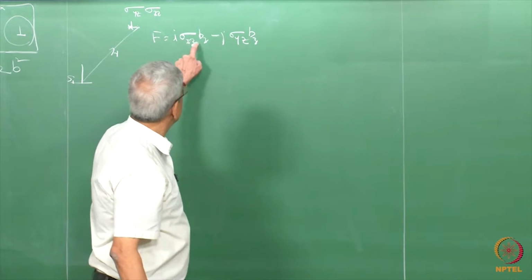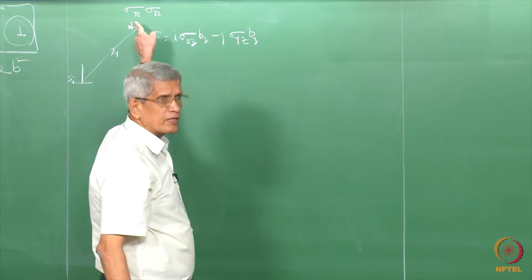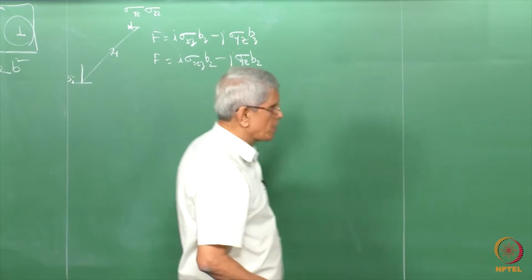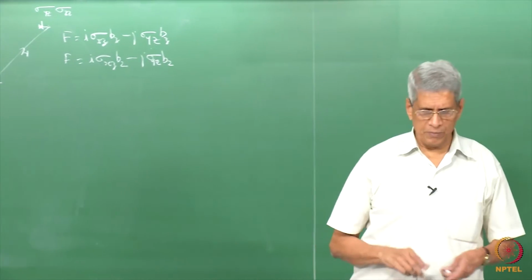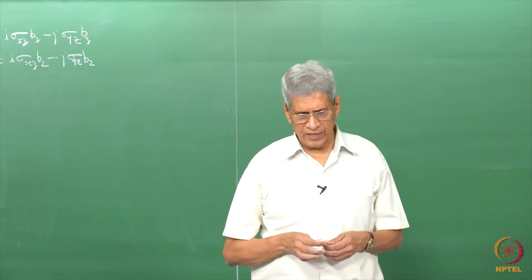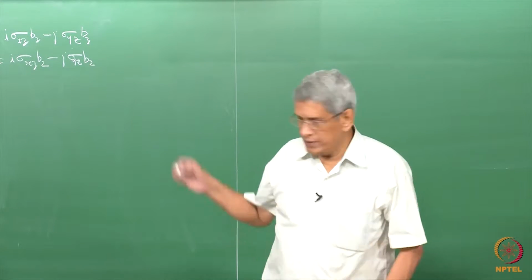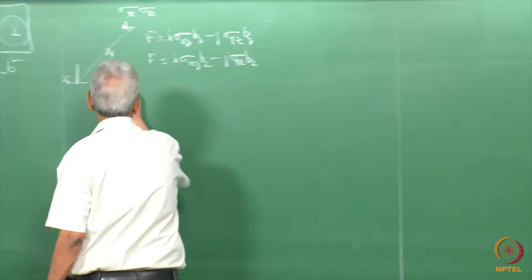This BZ is the Burgers vector of the second dislocation. Now we substitute for sigma XZ and sigma YZ the expressions which are derived. Then this force equation will turn out to be